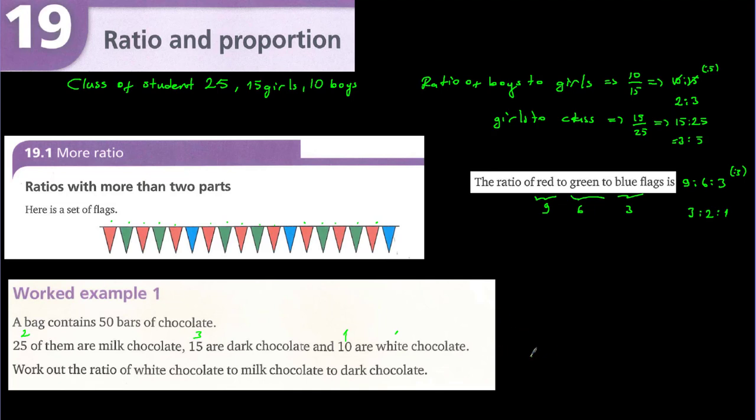So the ratio is 10 to 25 to 15. All are divisible by 5, so 10 divided by 5 is 2, 25 divided by 5 is 5, and 15 divided by 5 is